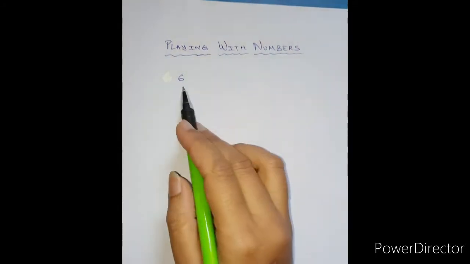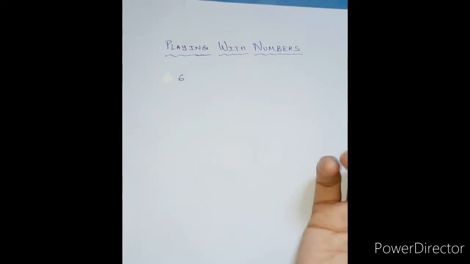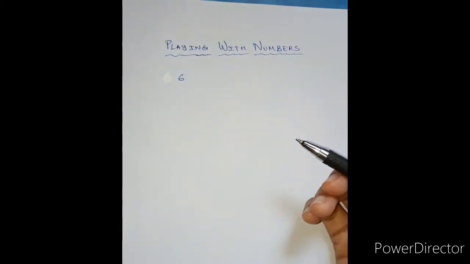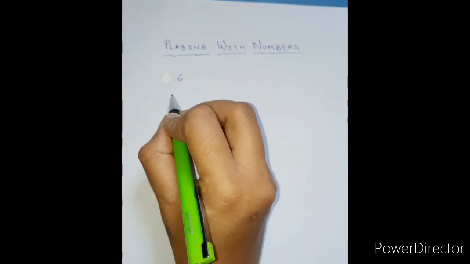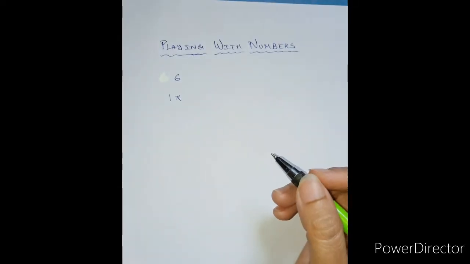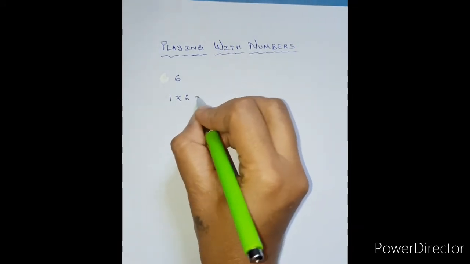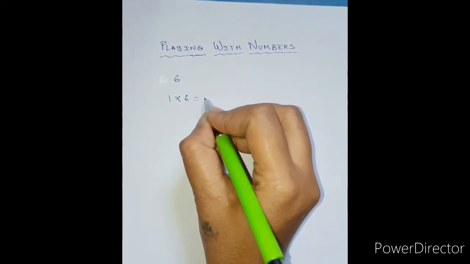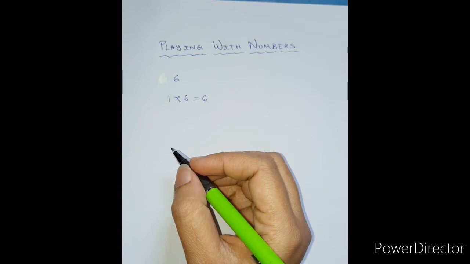If we take the number 6, let us list down which are the factors, or which numbers have 6 in them. Which tables have 6 in them? Let's start with the smallest table, that is 1. 1, how many times will give it 6? 1 6 gives you 6. What is the next number?